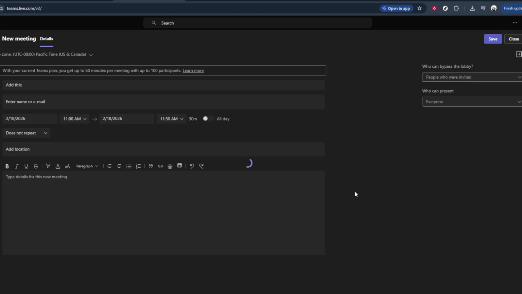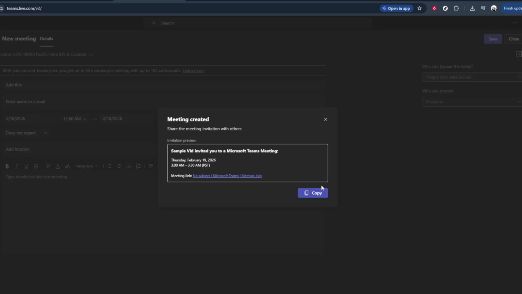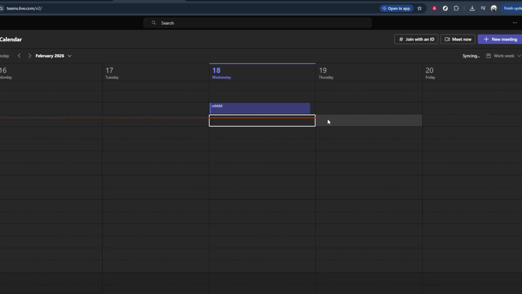After you've chosen the right time zone and set your meeting details, make sure to save your changes. Look for the Save button, usually found toward the upper right corner of the meeting window, and click on Save. This confirms your time zone selection and applies it to the meeting. That's all you need to do. By opening